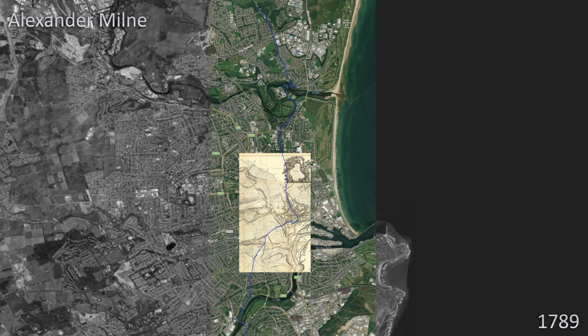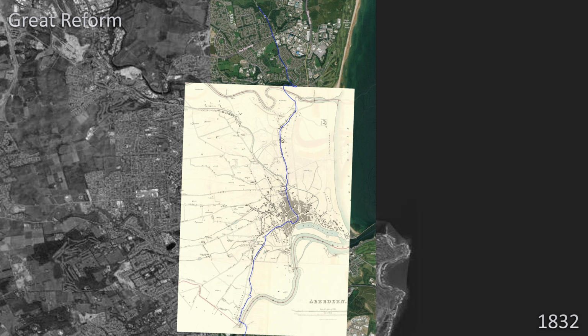The Alexander Mill Map of 1789 aligns impressively onto a modern map. This map doesn't extend to the Bridge of Dee, but shows that Holborn Street did not exist at this time, and marks the Hardgate Road as the route to the Bridge of Dee. The other road coming up from the south stands where Broomhill Road is today, and is marked as the road from Braemar. The plan produced for the 1832 Great Reform Act, which gave Aberdeen its first Member of Parliament in the House of Commons,